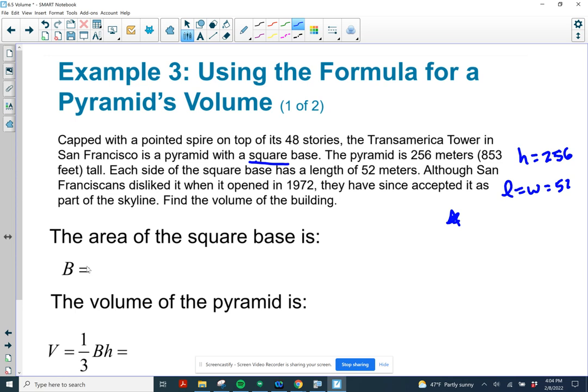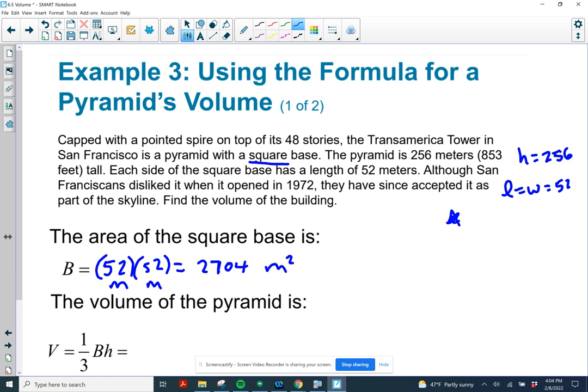Okay, cool. Area of the square base is 52 squared. It's a square base, so 52 times 52, or 52 squared. The length and the width are the same. So 52 times 52 is, and this is going to be meters squared because these are in meters. Meters times meters will be meters squared. Let's do that calculation. 2,704